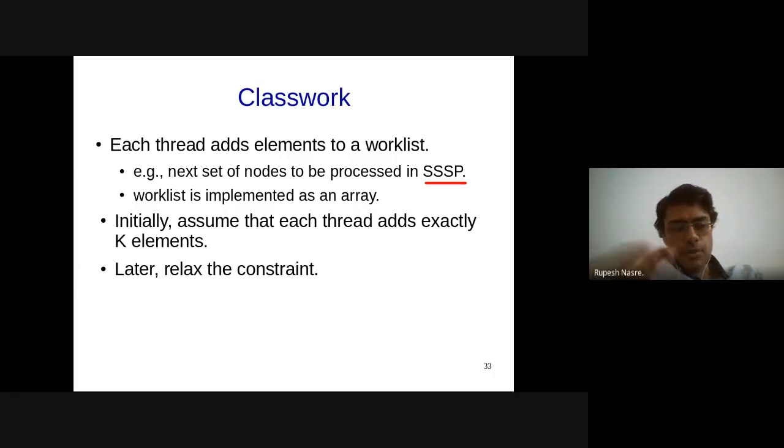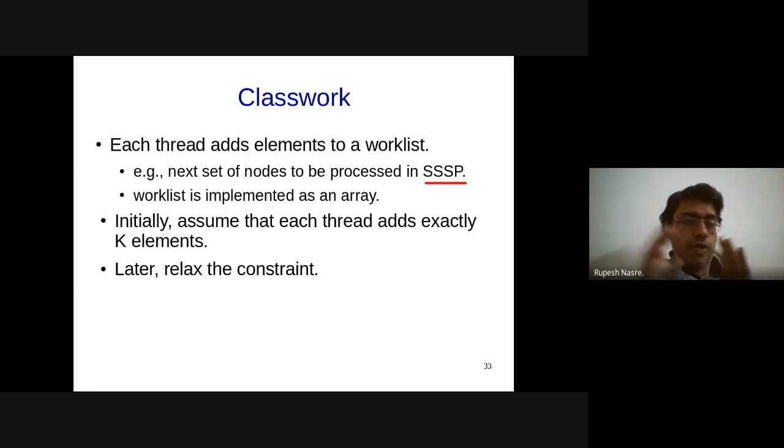The downside, I mean, there are multiple, but the downside is that here there is an assumption that every thread inserts into the queue. If every thread is inserting into the queue, maybe that is not really a very interesting scenario from the perspective of the application that we are discussing, because only a few threads are going to add. Although we are still simplifying it by saying that out of 1000 threads, let's say 100 threads are pushing elements, but each one is pushing exactly k elements. Maybe because it's a k regular graph or something. But 900 threads are not pushing.